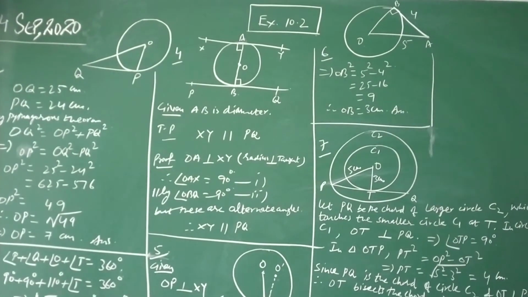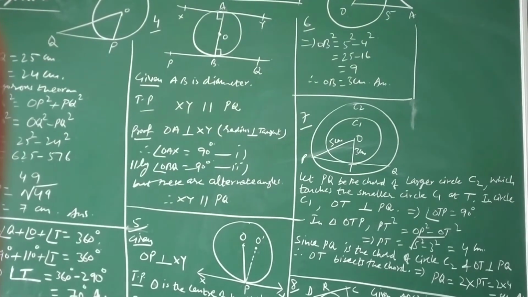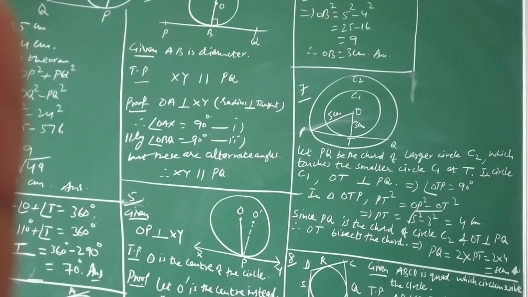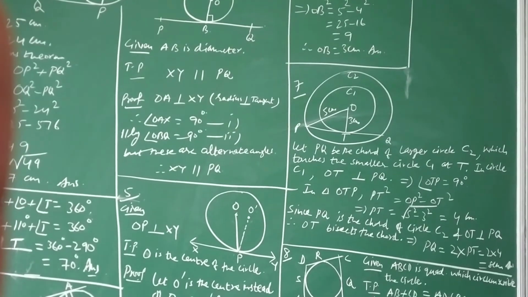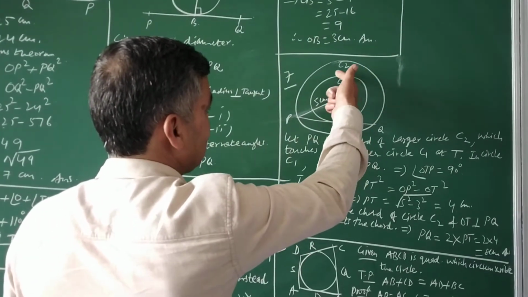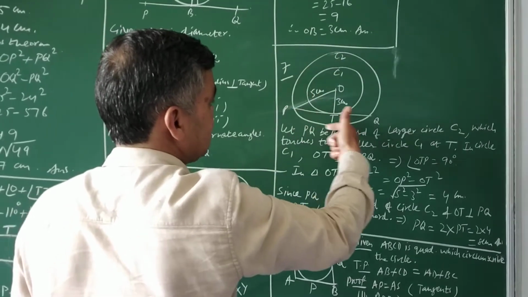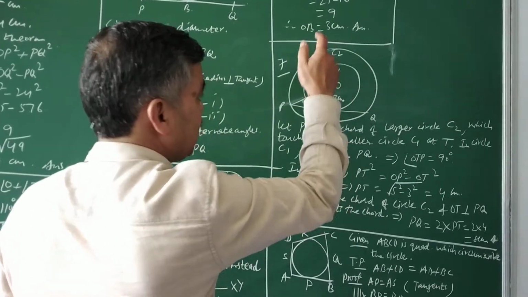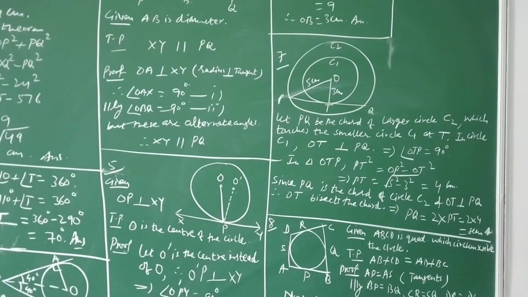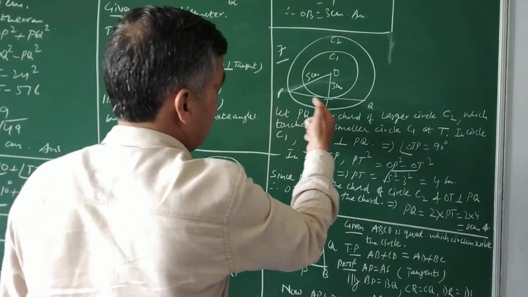Question number 7 is, two concentric circles are of radii 5 cm and 3 cm. So find the length of the chord of the larger circle which touches the smaller circle. So as already I told you, read the question carefully sentence to sentence. So first sentence, there are two concentric circles. So I have drawn one circle C1, that is a smaller one, and another circle C2, that is a bigger one, with the common center, because concentric circles are those which have a common center. So two circles with common center O, C1 and C2, and a chord of the bigger circle.